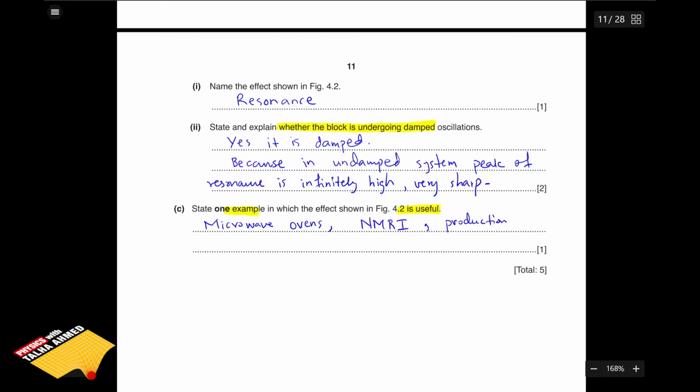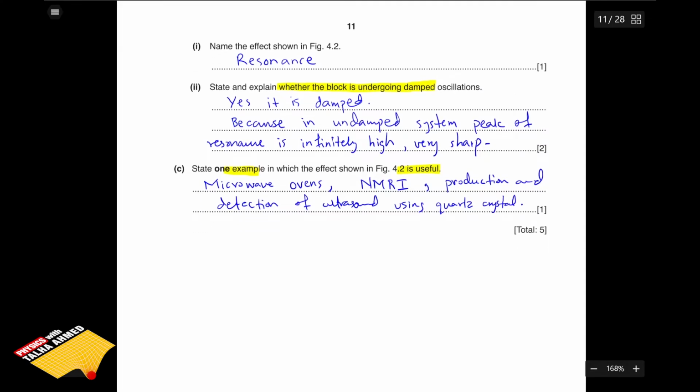So one of them is nuclear magnetic resonance imaging, NMRI, which you study in the topic of medical imaging. That's where resonance happens when the radio pulses are at the same frequency as the frequency of precession of the nuclei. That's where resonance happens. And then there is another case where you have studied resonance, and that is also part of the medical imaging